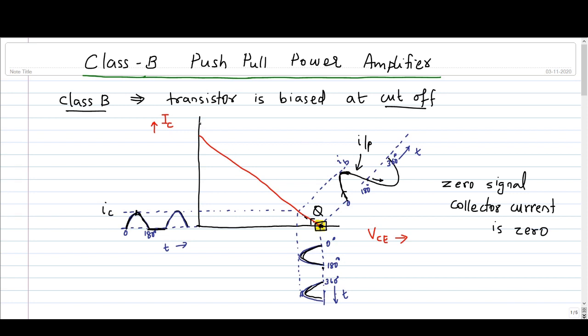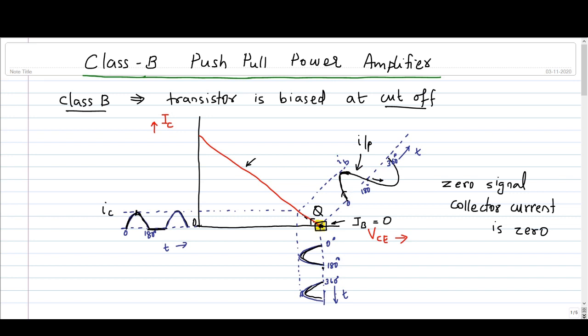So I have shown an IC versus VC plane here, and this is our DC load line, and this yellow colored portion is the Q point. This is marked as Q point. So Q point is at cutoff. You can see that at this point base current will be 0. This we have seen earlier, and corresponding to this point, you can see that collector current is also 0. So at this point, transistor base current as well as collector current are 0. So the transistor is off. So it is at cutoff point.